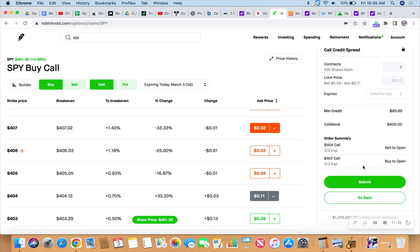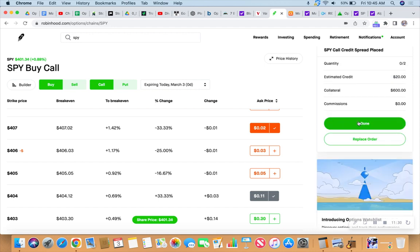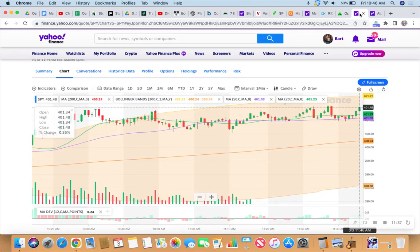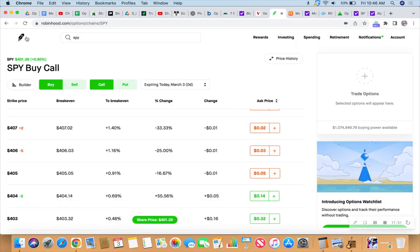Ooh, it's up to 10. Let's just go ahead and see if we can fill that right here and right now. Oh, I clicked off it before checking, so it must be going green right now. Yep, green up. So that's why we might be able to get that 10. According to my phone, it was executed, so we were able to collect $20. And then the risk is that it just keeps going up green, and we go through that 404 strike